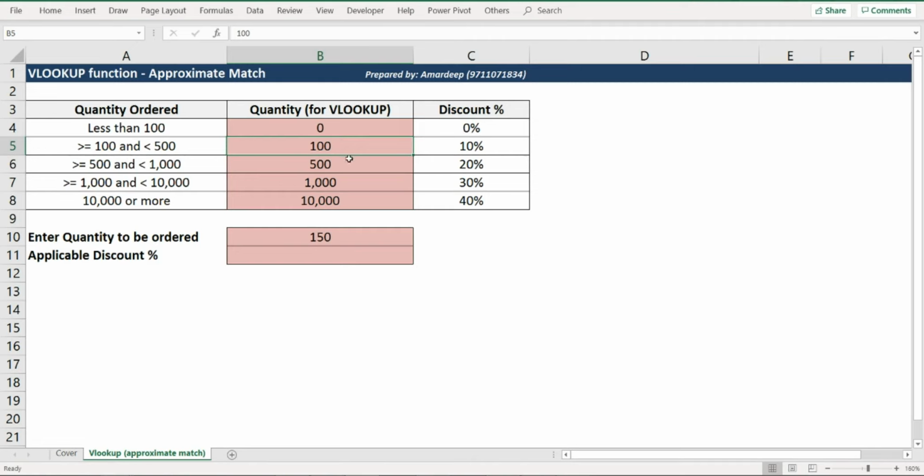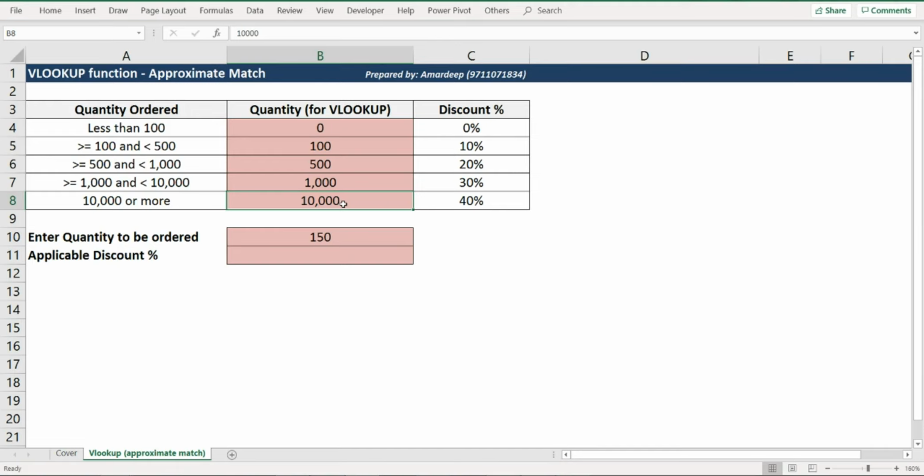Okay. Now let me take one more point over here. Let's say you were looking at this particular row, which is the fifth row in this table, wherein we have 10,000 units mentioned. This would mean 10,000 units or more, but less than the number given in the next row. Now in this case, I do not have anything in the next row. So this 10,000 would automatically indicate everything which is 10,000 units or more. So that's how it is going to be read.